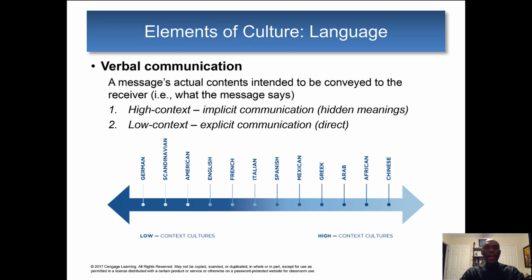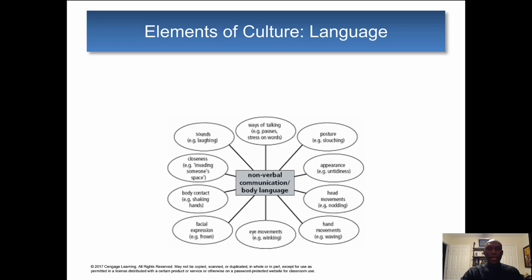So here again, you have high context and low context language. High context means implicit or hidden meanings, and low context means very explicit and direct meanings in terms of how things are communicated. Here are the nonverbal elements of culture I was talking about: ways of talking, pauses, stress on words, intonation, posture, whether you're up straight, whether you're slouching, appearance,